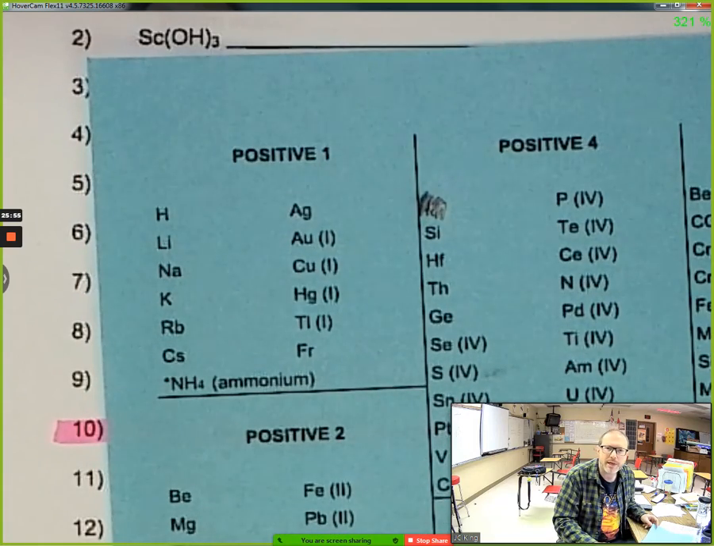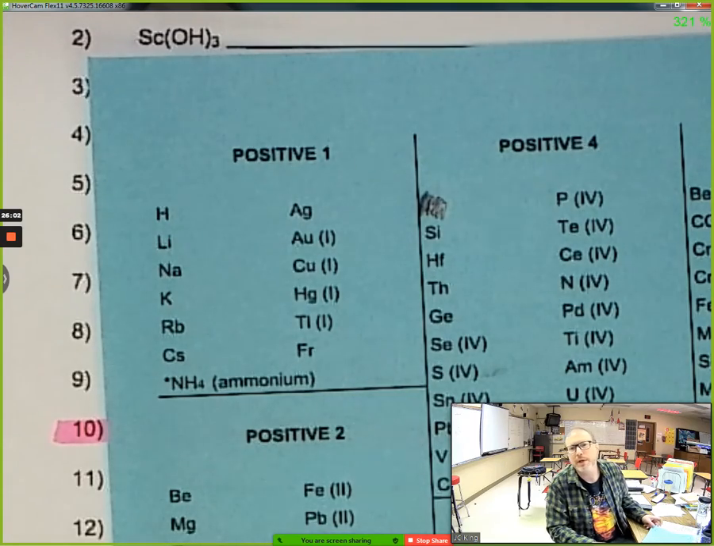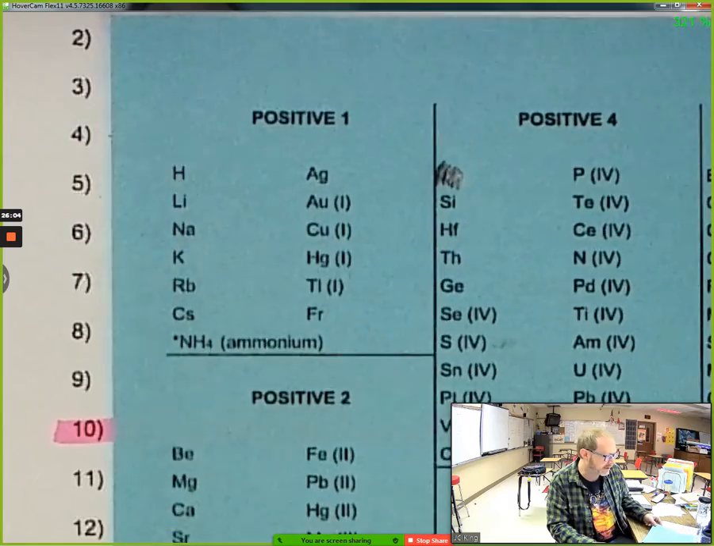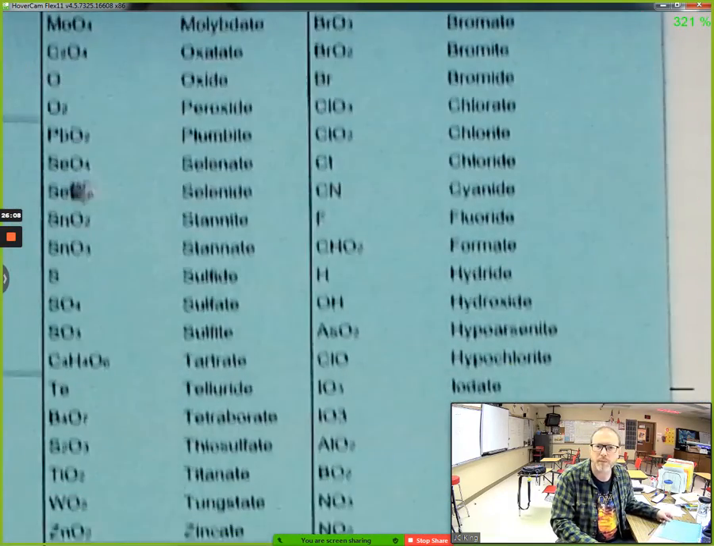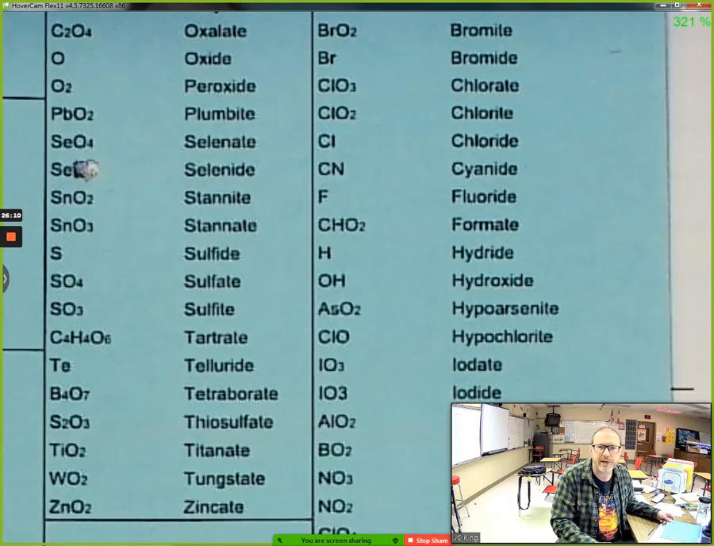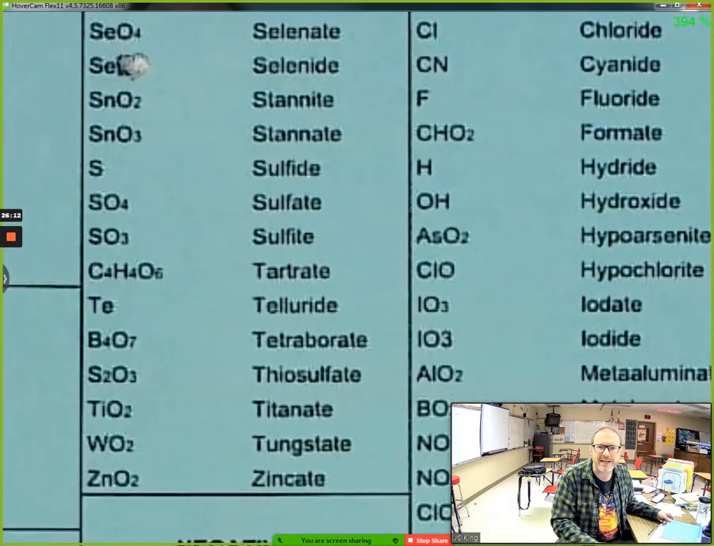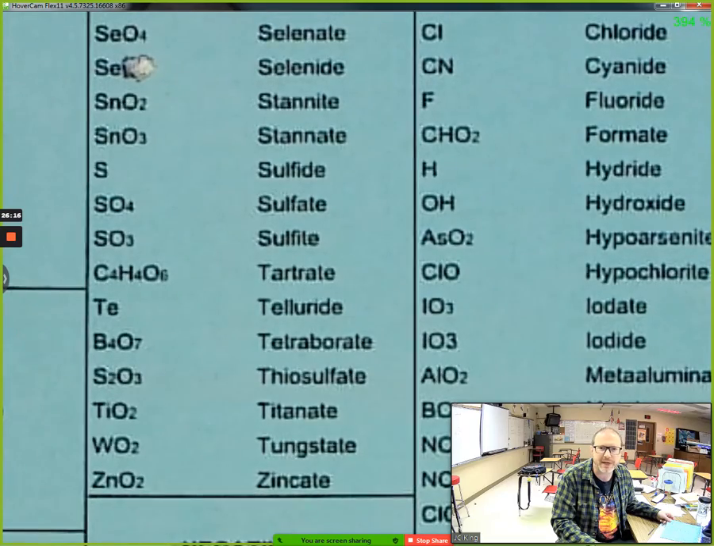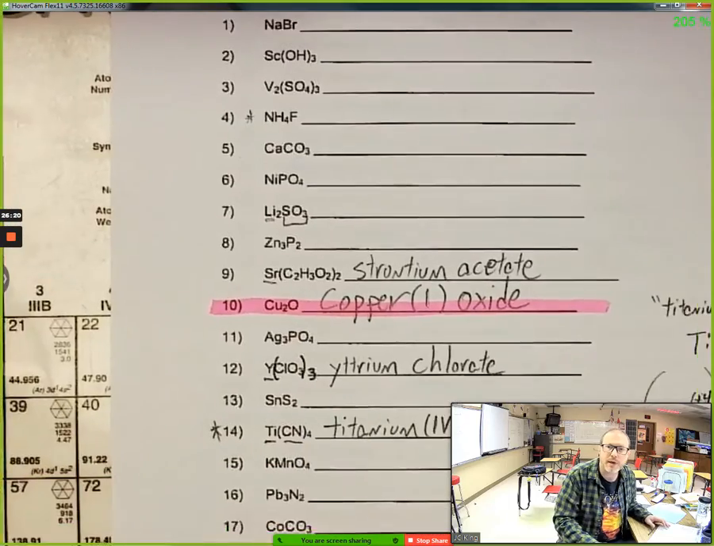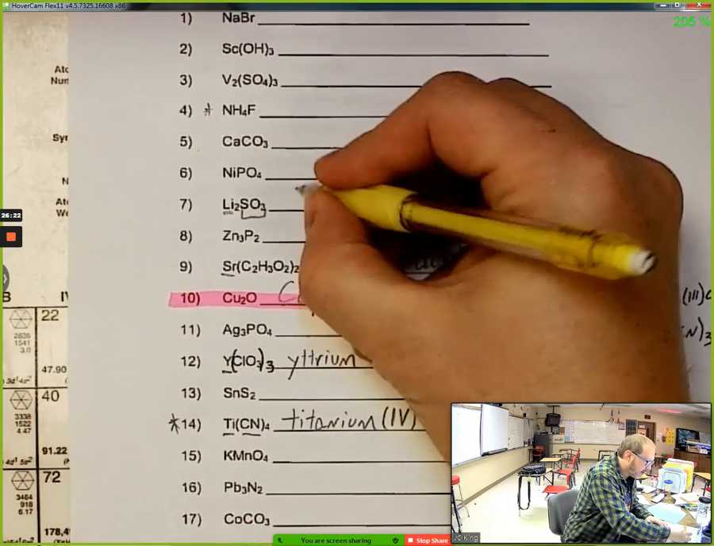Lithium's +1. If there's not a Roman numeral here, I don't have to put a Roman numeral in my name. So it's just going to be lithium. Now let's go find CO3, or I'm sorry, SO3. There's SO3 right there. It's sulfite, S-U-L-F-I-T-E, not sulfate, sulfite. So this is a classic case on number 7,